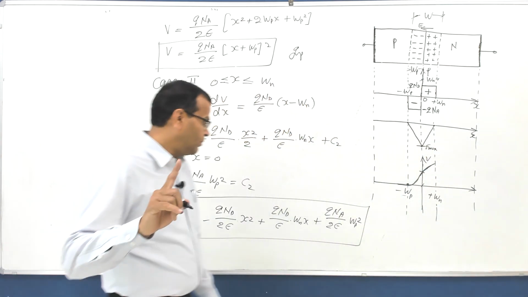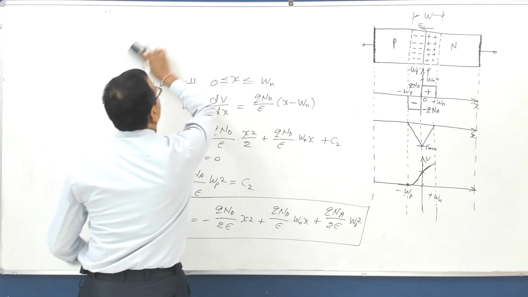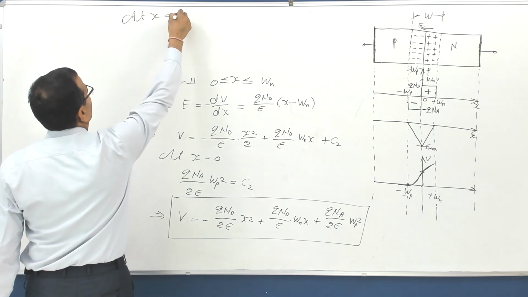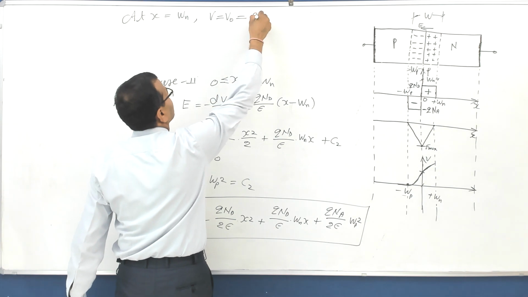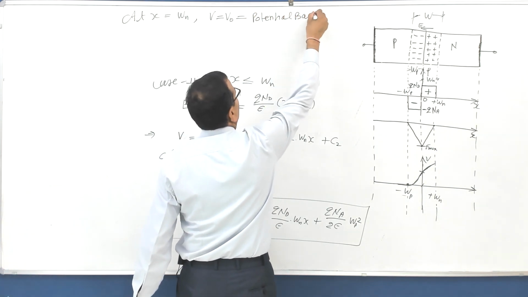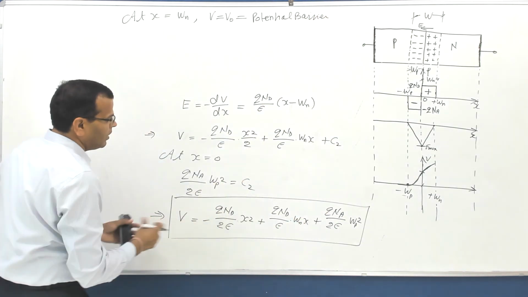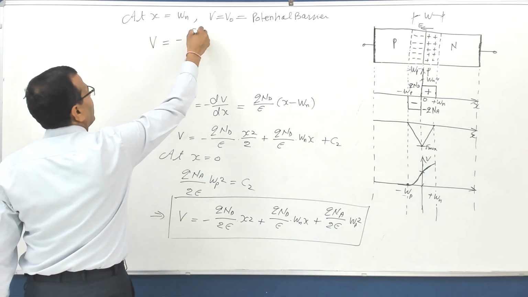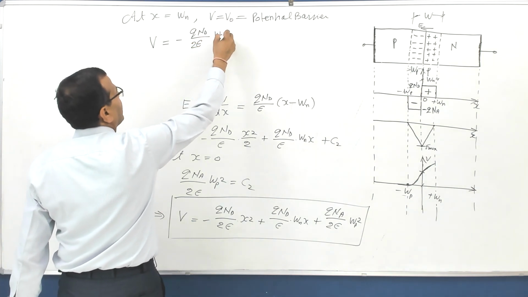And when x becomes equal to Wn, at x equal to Wn, what is V? V is nothing but V naught, and that is known as what? The potential barrier of the junction. So put x equal to Wn in this equation, you get minus qNd by 2 epsilon into Wn square